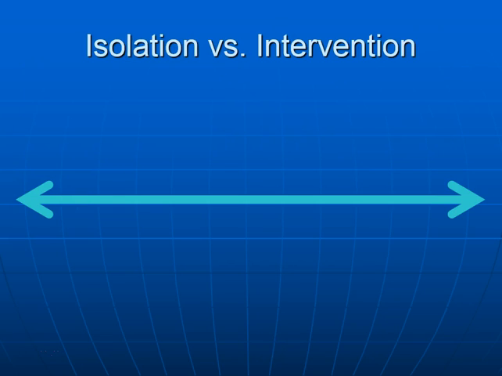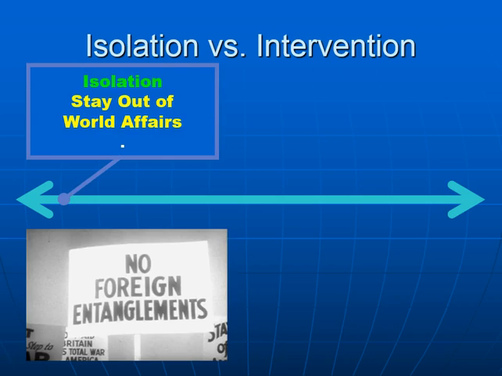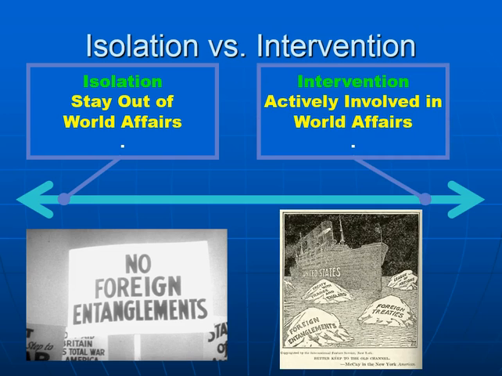Next, we've got the idea of isolation versus interventionism. And this is just another way of simplifying the other foreign policy continuum we've looked at. In the case of isolationism, that means, of course, we're not getting involved in world affairs. We're minding our own business. We're not getting involved. And the other side, intervention, means that we're actively involved in world affairs. And again, it's a continuum. It's a sliding scale. So it's not like we're one or the other. We could be anywhere in this multiple of different places on the continuum.